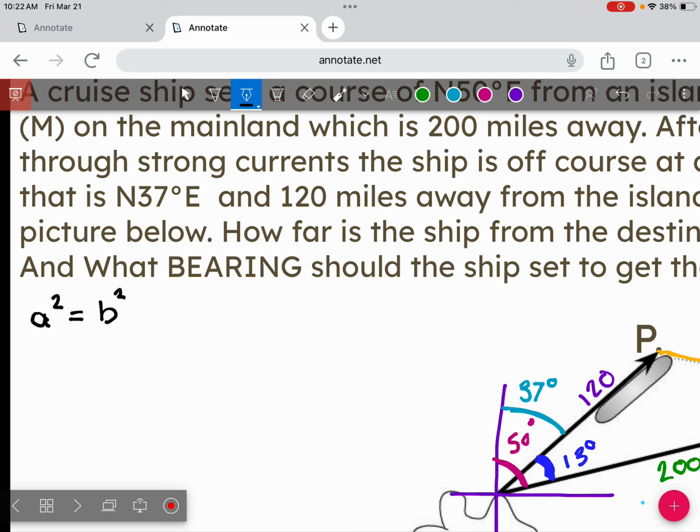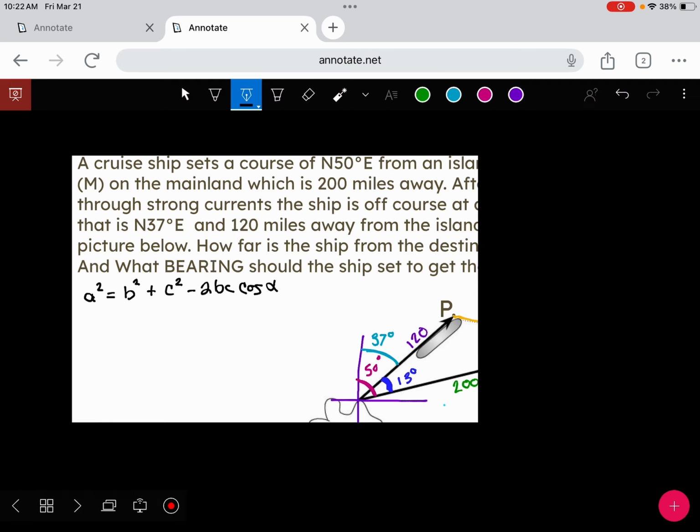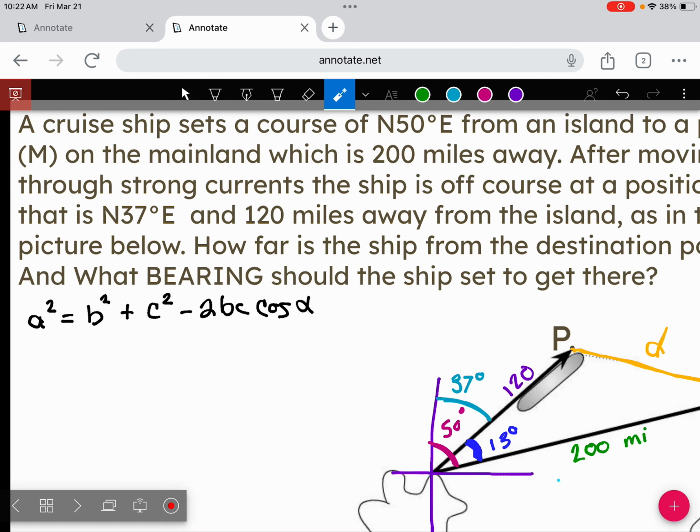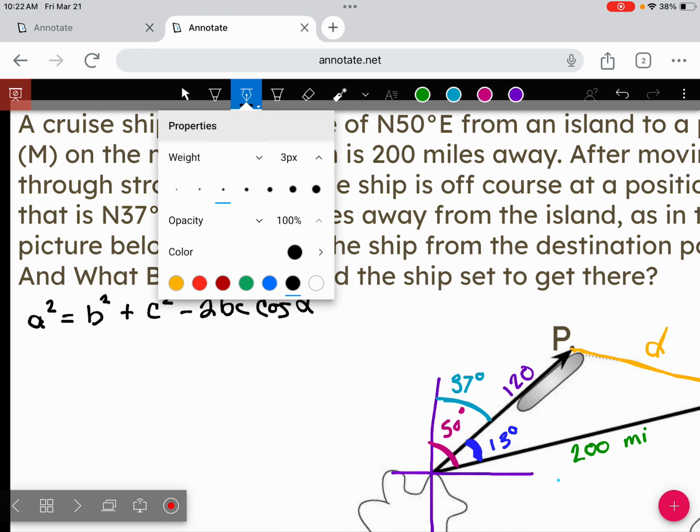Our law of cosines was this one, right? A squared equals b squared plus c squared minus 2bc cosine alpha, that guy. Our law of cosines. Now that I have a side, an angle in between, and a side, we can find that distance,